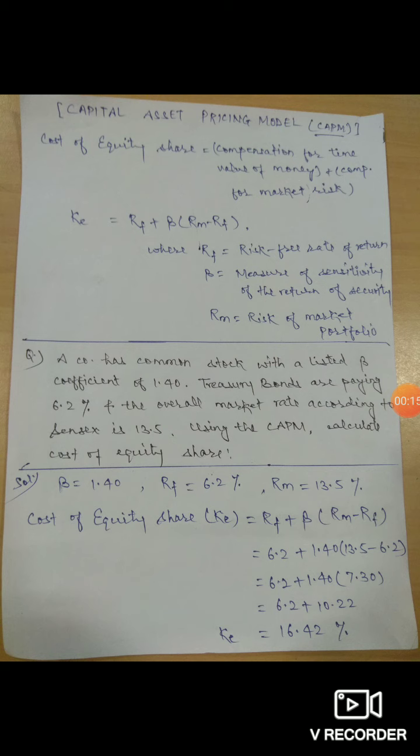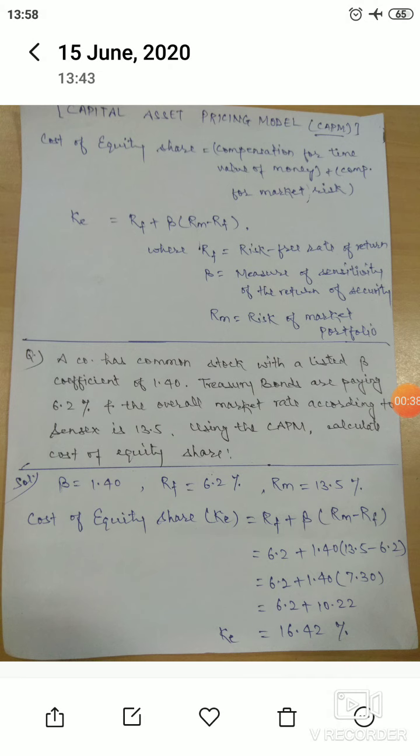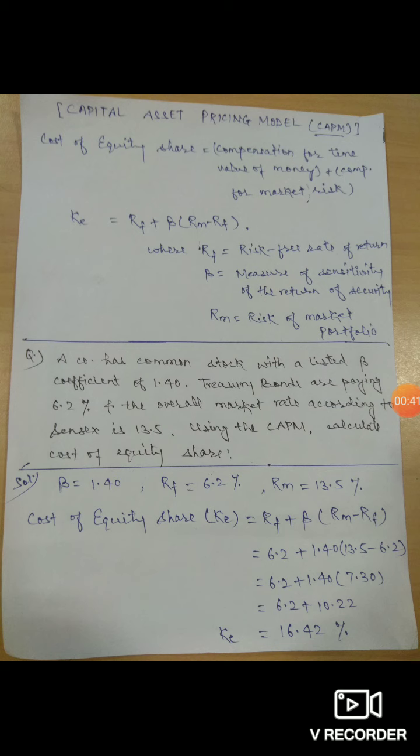So dear friends, this model recognizes that an investor's required rate of return is the compensation for time value of money and risk. And it assumes that the investor holds a diversified portfolio, and a portfolio is actually the combination of different securities and investments, and the return on these investments are not uniform. And we know that generally the investors are risk averse, so when they take some risk, then they require a premium for taking risk. And under this method, the cost of equity shares is equal to the compensation for time value of money and the compensation for market risk.